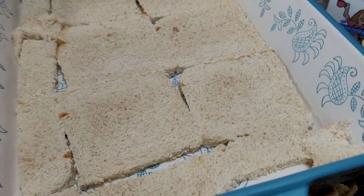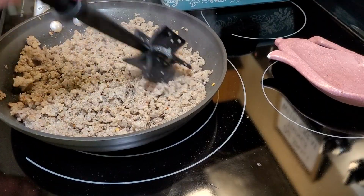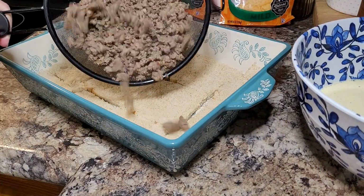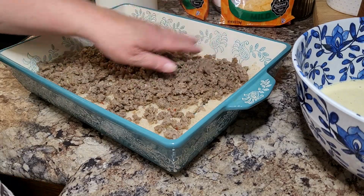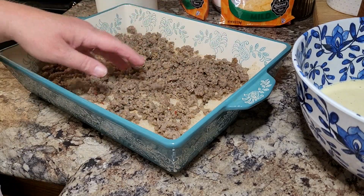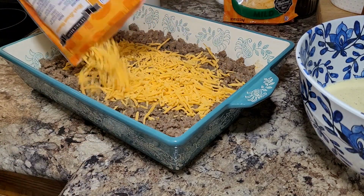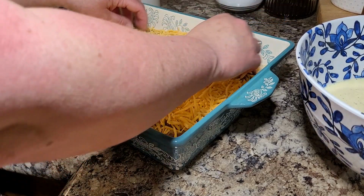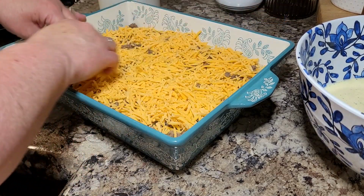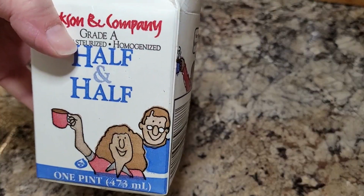Then you're going to be browning up a pound of just regular breakfast sausage, drain it, and put it over top of the bread. You can use mild, hot, whatever you like is what you want to put on here. And then yes, it's 3 nice big cups of shredded cheddar cheese over top of that sausage. Then you're going to take a carton of half and half and 6 eggs, and you're just going to mix